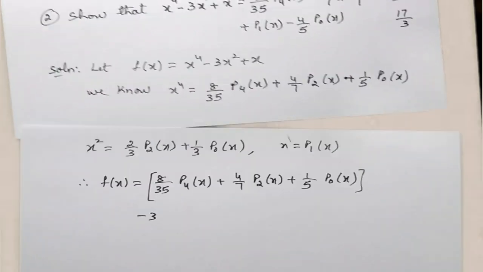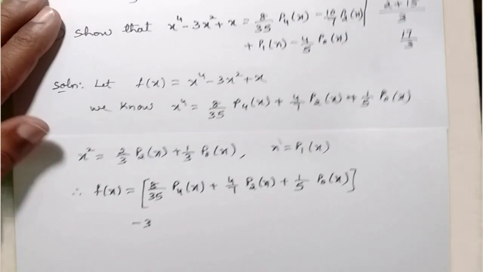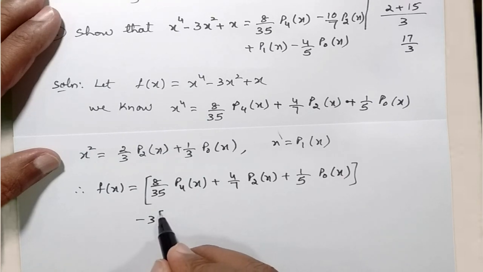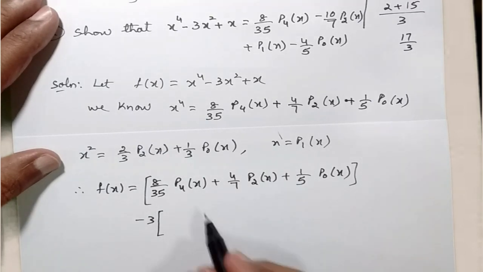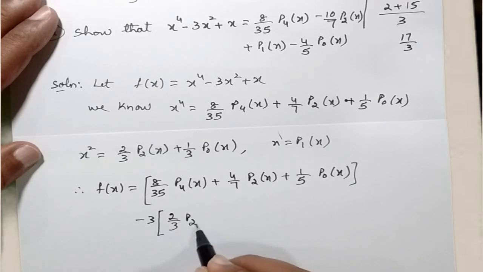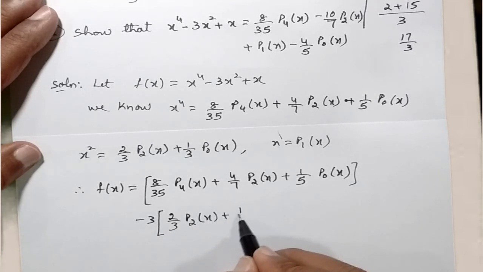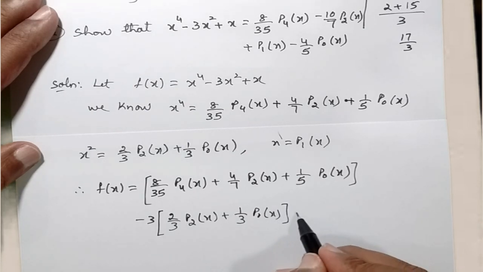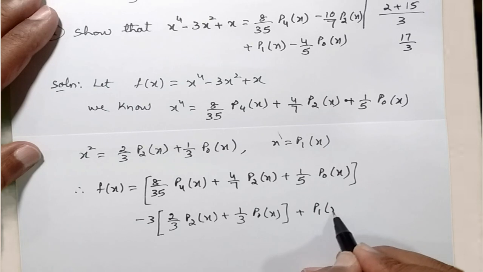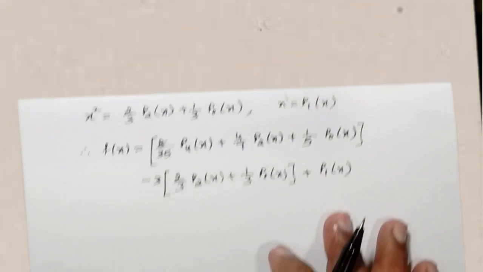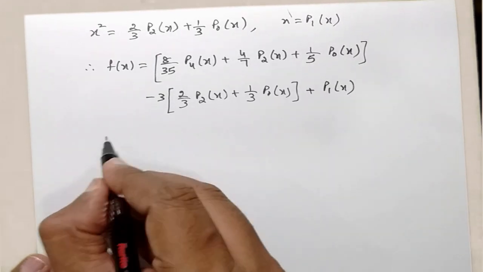Substitute the value of x square. 3 times x square. So x square value, how much do you have? The x square value is 2 by 3 P2 of x plus 1 by 3 P0 of x plus x value. The x value is P1 of x. So we'll try to simplify and get the right hand side result, which will be equal to,